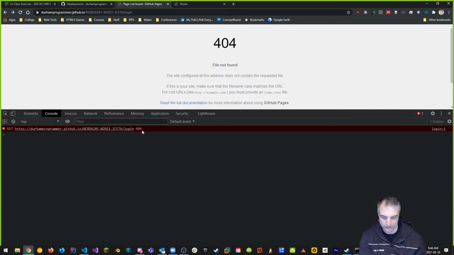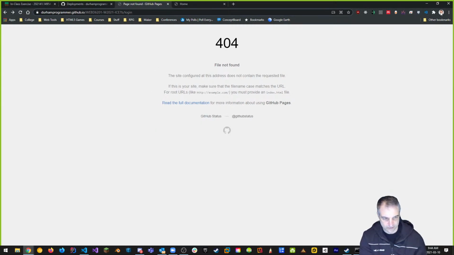And the reason why we're not getting this working is because it's trying to go somewhere that doesn't exist. We have no way of going somewhere. There is no login. It doesn't exist. There's no way of interpreting this thing at all. Okay, so again, we're going to fix this tomorrow. So that's it for today.